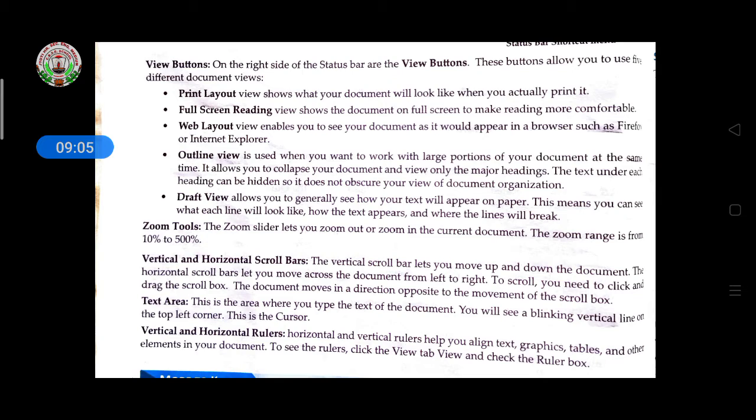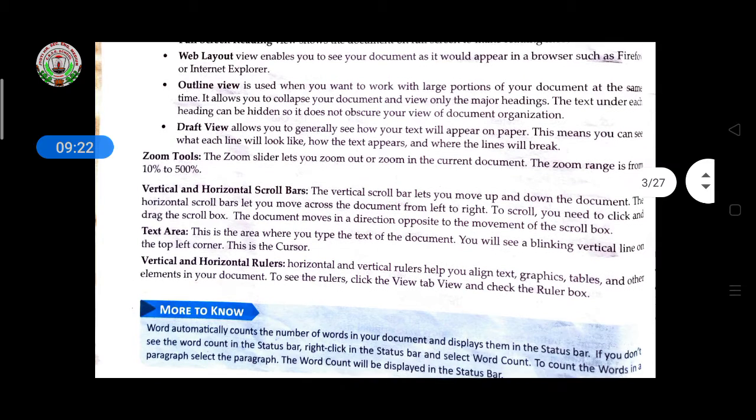Then web layout view enables us to see the document as it would appear in a browser such as Firefox or Internet Explorer. So web layout is there, and if you want to open Microsoft Explorer or any browser, you can open it with the help of this. And then